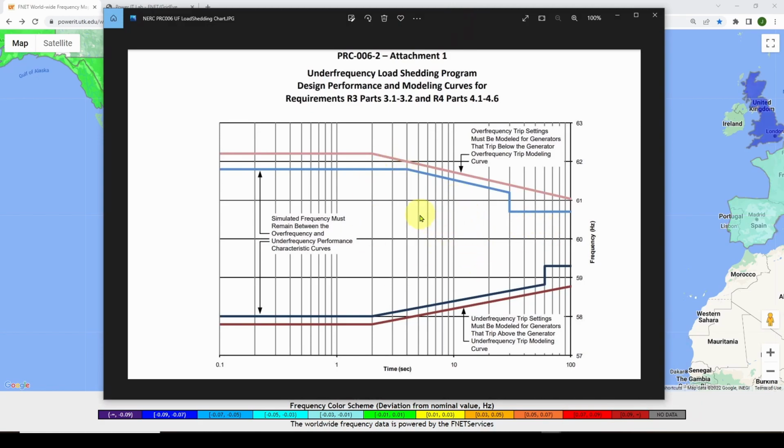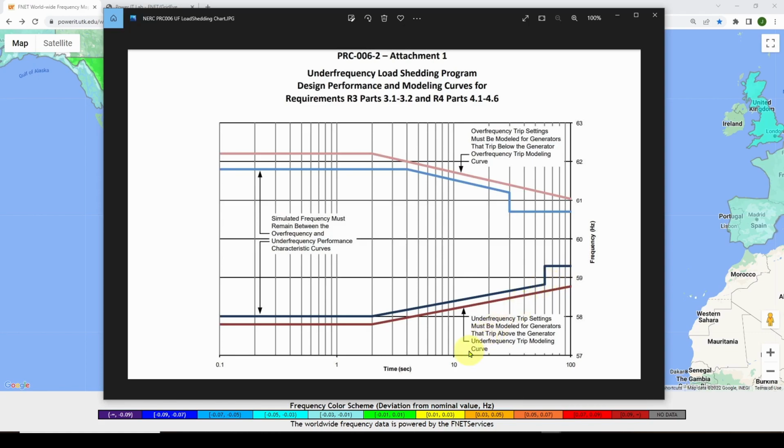And what this says is you need to maintain your frequency within, here you can see 60 hertz right down the middle. Here's 61, 62, so this is over frequency, and below that is under frequency. And what they're saying is, on the x-axis, you've got time, right? Some 0.1 seconds to 1 second to 10 seconds to 100 seconds. And this graph is saying your frequency can go outside of this narrow range, but only for a short amount of time. So for example, this shows that my frequency can be down to below 59, but